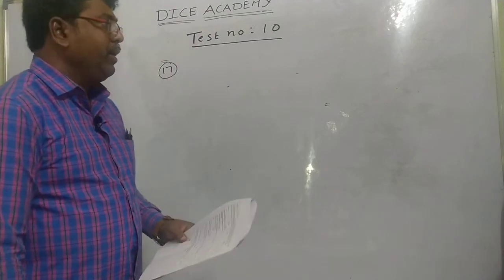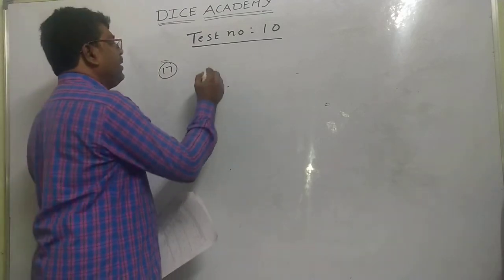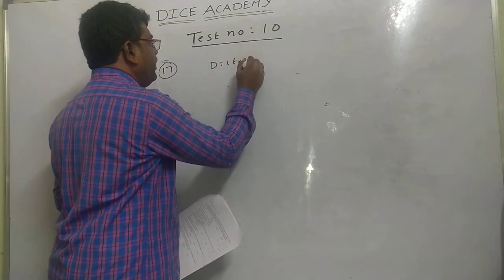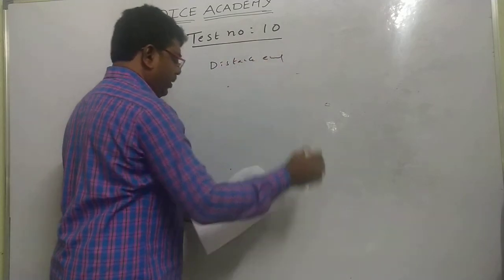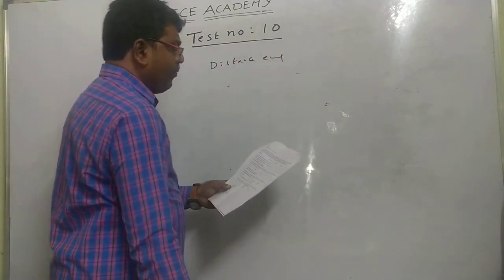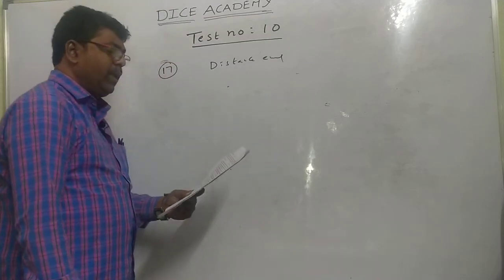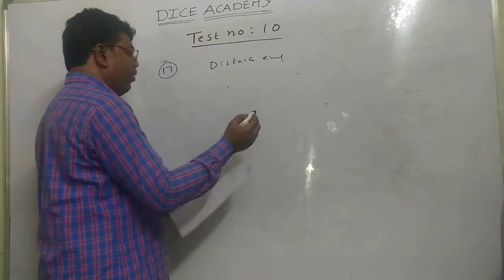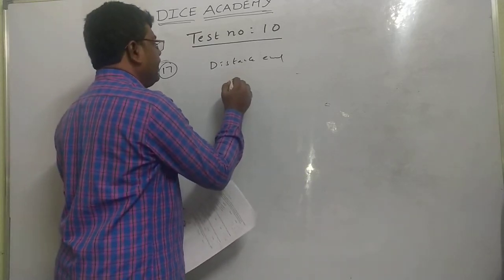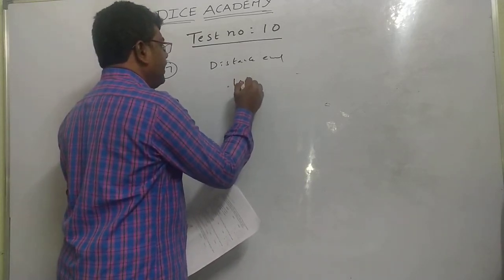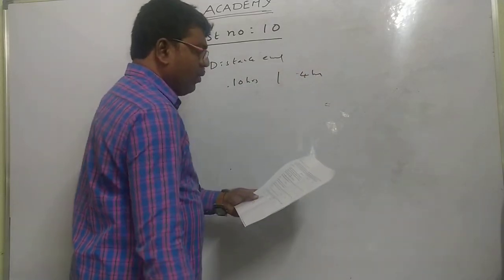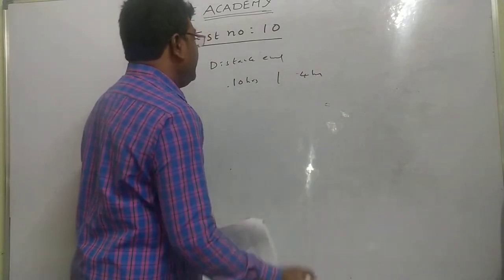Now here in this problem, the distances are equal. First of all, you have to catch the point: the distances are equal. The first train will take totally 10 hours, and the other train is taking only 4 hours. So we don't know the speed of the first train. That's why